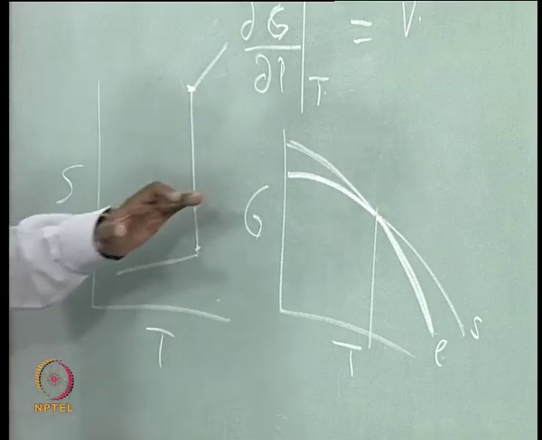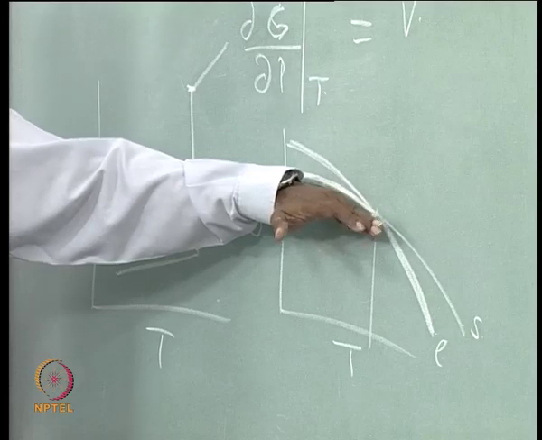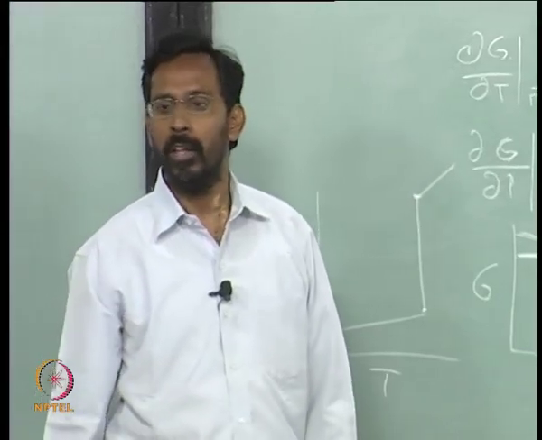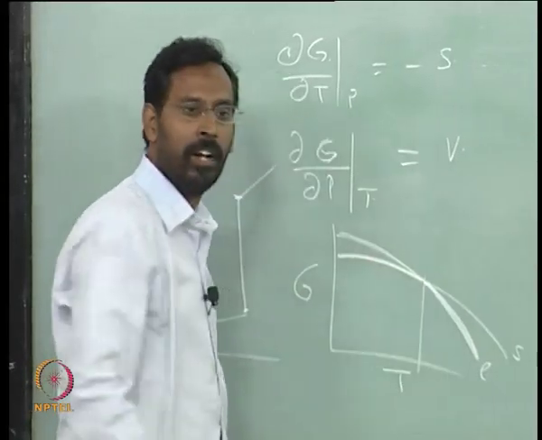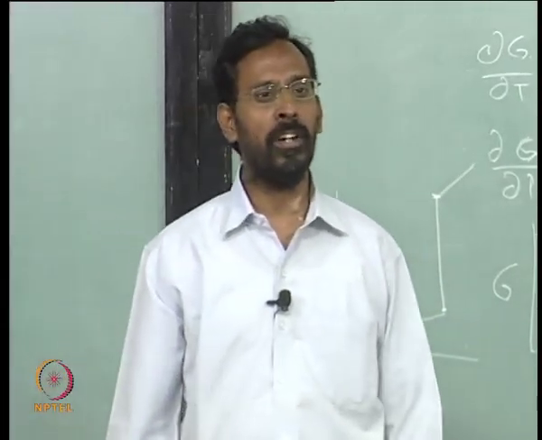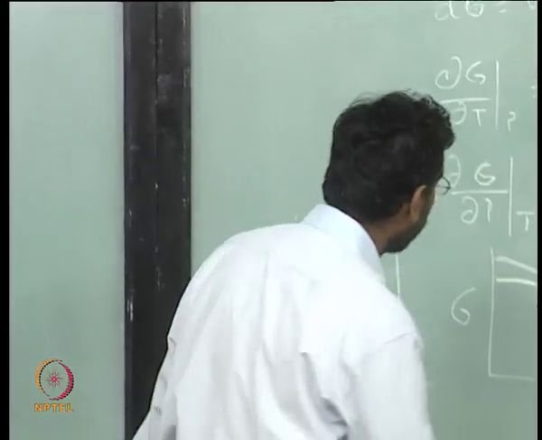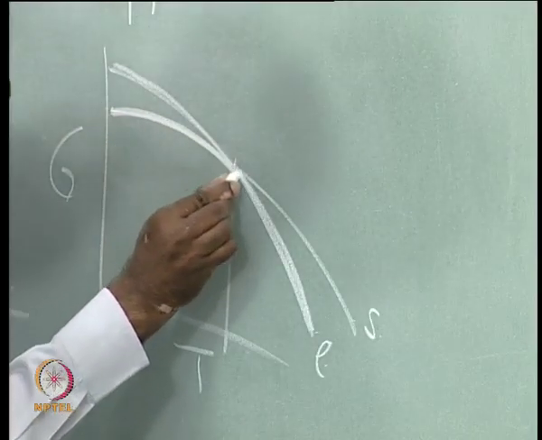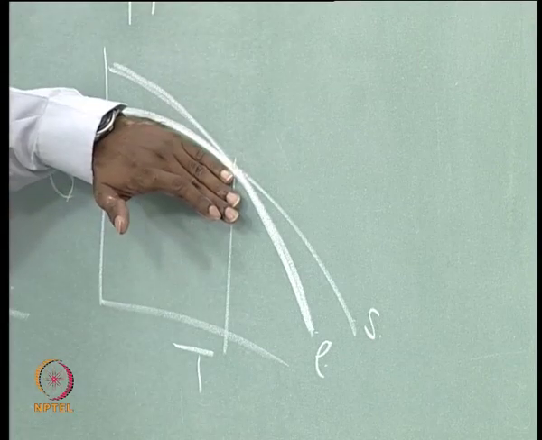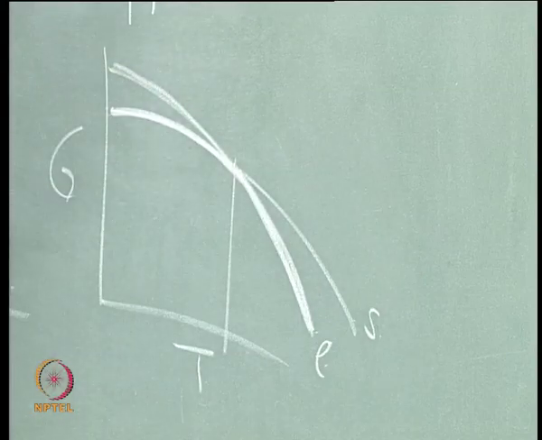So if I look at the free energy of the stable states, this is the free energy of the stable state below the melting point, this is the free energy of the stable state above the melting point. If I simply look at the free energy curves of the two stable states at the transformation temperature, there is no discontinuity there, there is only a change in the slope. So the curve is actually continuous, excepting that at the transformation temperature the slope of this and the slope of this are different, and the slope actually is